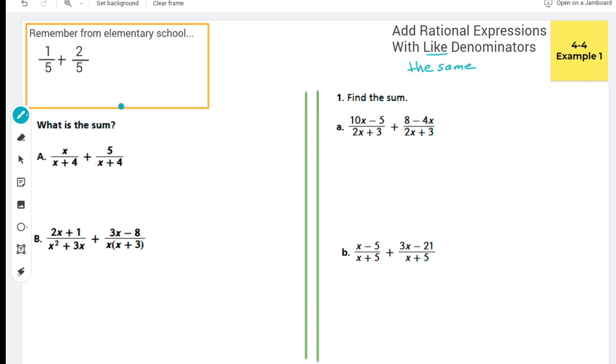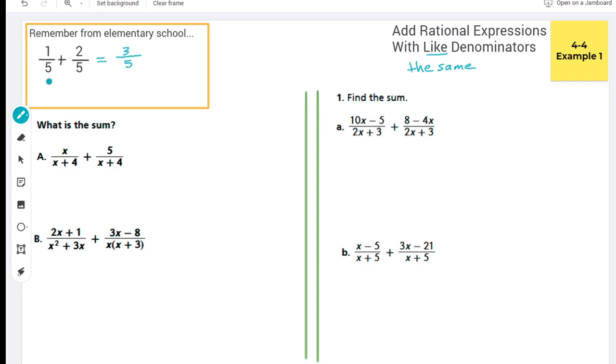So what I want to do is take a look at elementary school again, just to remember how to add fractions that have like denominators. When you add fractions together, you add together the numerators, which is the top of the fraction, and then leave the bottom of the fraction as that same denominator. You don't add the denominators together, you just leave it as it is. And if you add together two fractions,